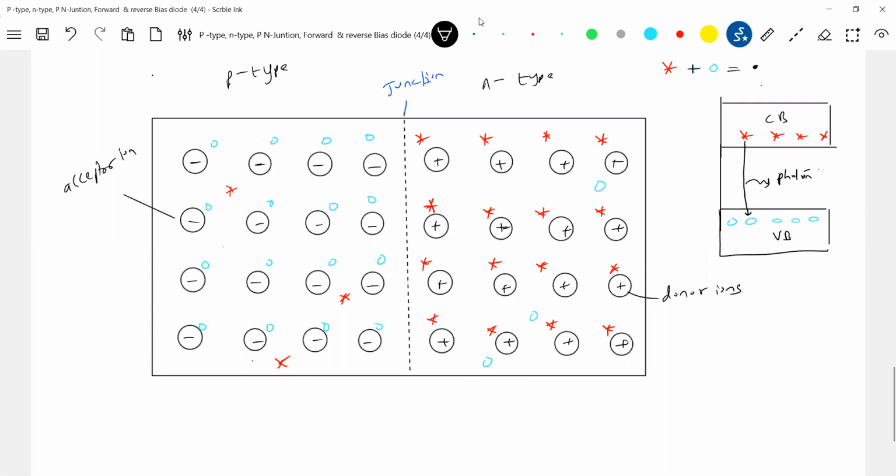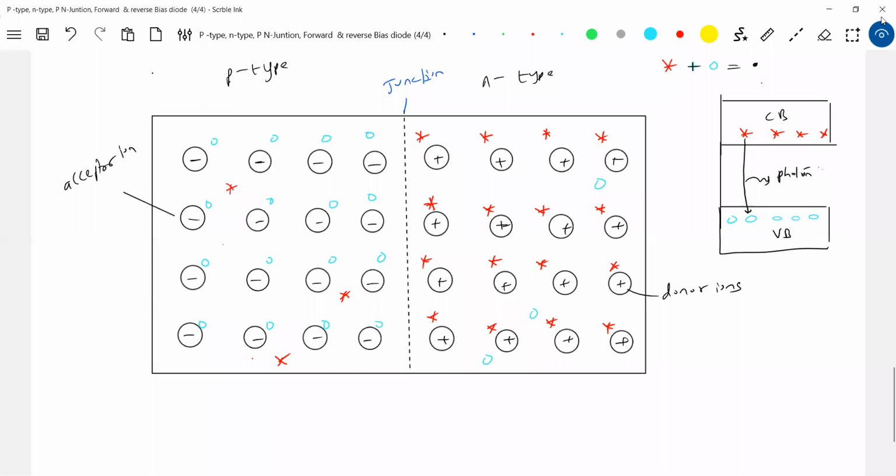Acceptor ion. And what will happen to those ions which are nearby the junction? Shall I say they are being robbed of their majority carriers? They lose that majority carrier. And because of that, a net charged layer will be developed here. So finally, after when the diffusion occurs,